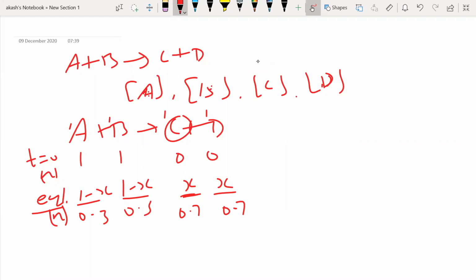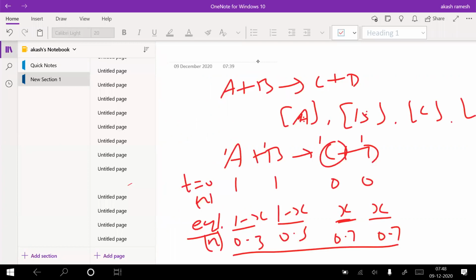Are these the answers? Are we done with the question? Okay, that is okay. Now this is okay for the first question. The concentrations of A, B, C, D, this is the answer. Yes or no? What do you mean by same, Venisha? Okay, maybe for some other question you're telling, or this question only.